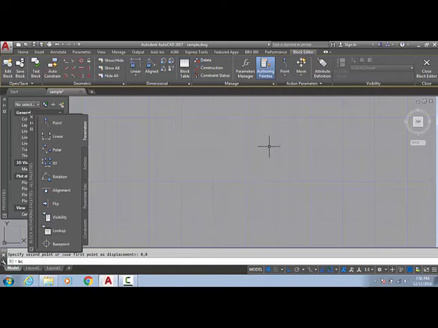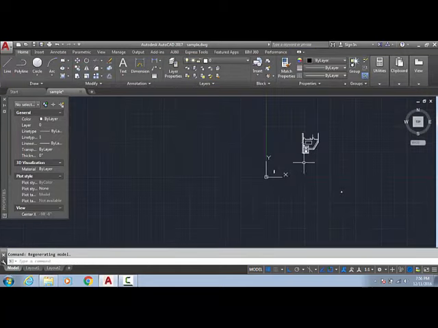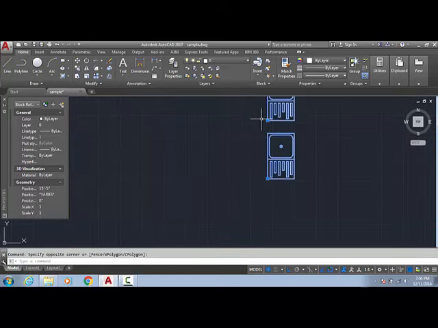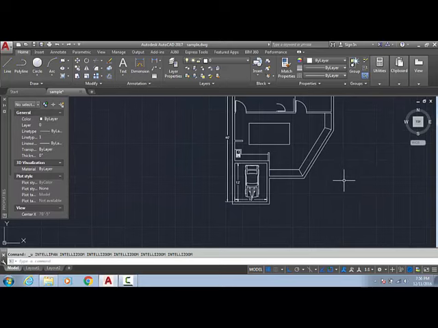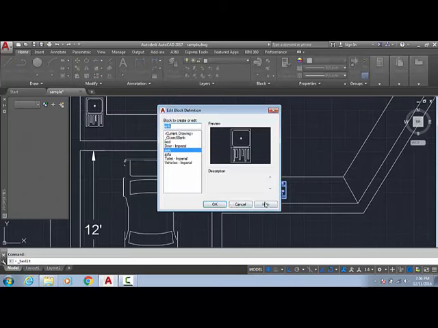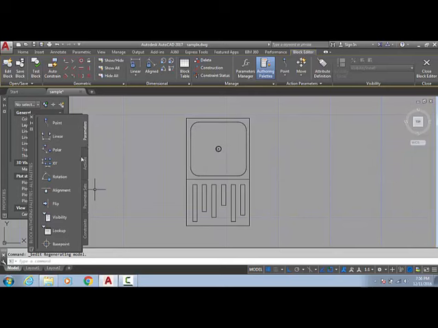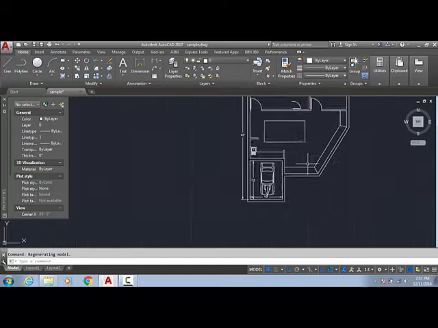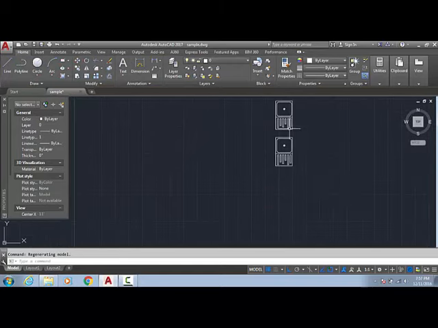What happens when we get out of the block is that all the blocks get misplaced and go according to those base points. Now our base point is here, here, and here, but my drawings got distorted. So instead of changing this base point, we have another option. We can change the base point from here also. But again the same problem will occur. The block will move according to its base point.